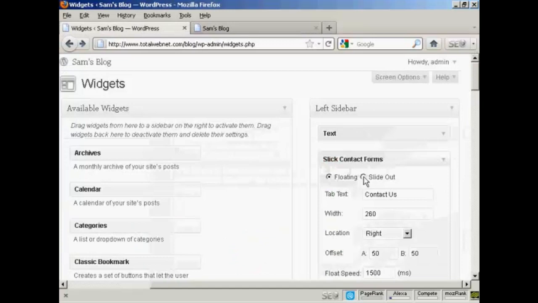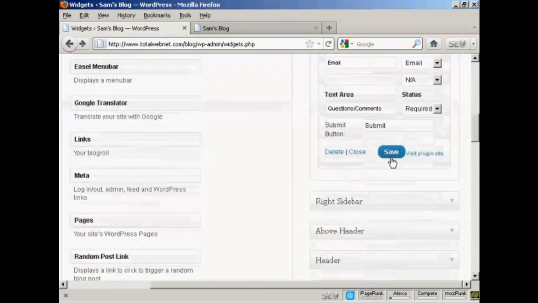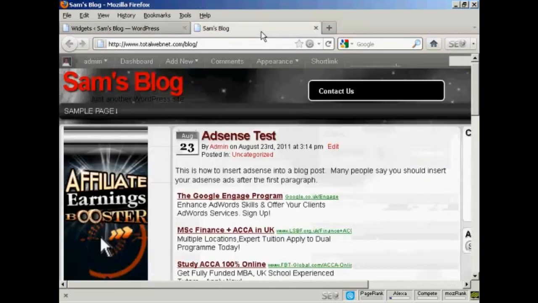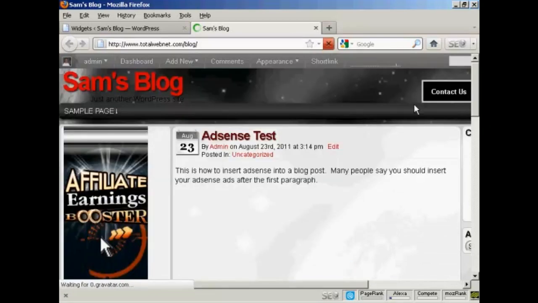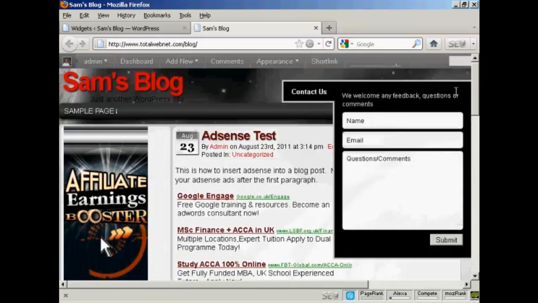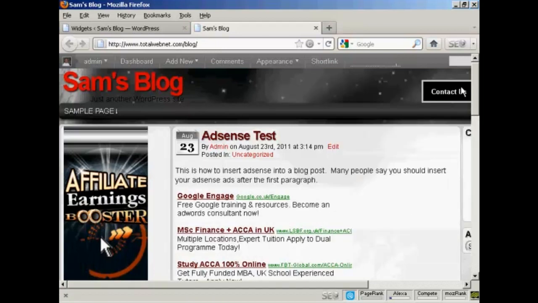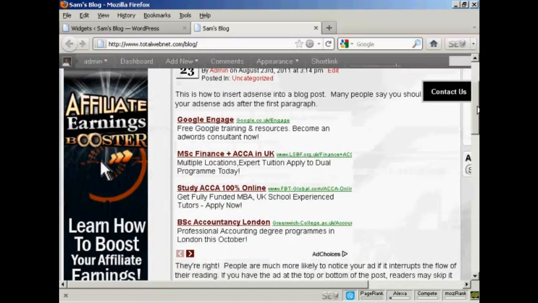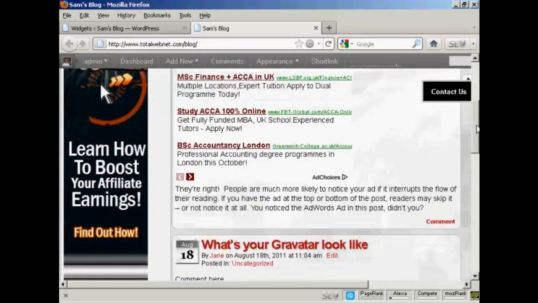If I decide to have that as a slide out and then click on save and then refresh, you can see it moves over right to the side, and then when I click on it, it slides out like that, and I click on it again, it'll slide back in, and as I scroll down you can see